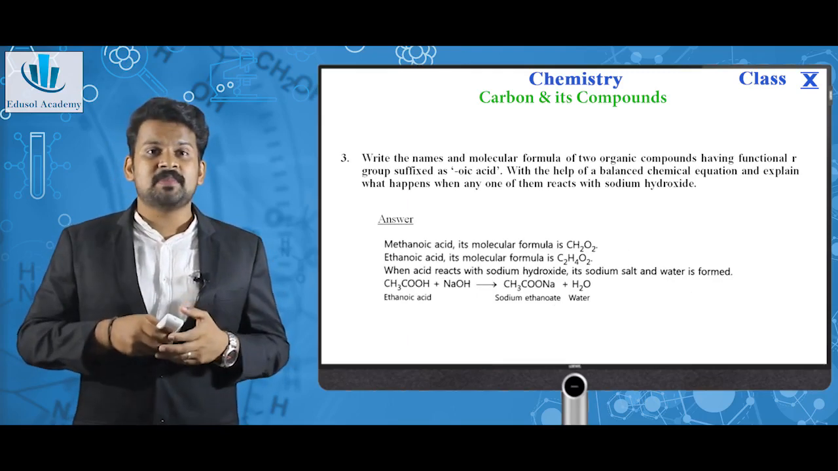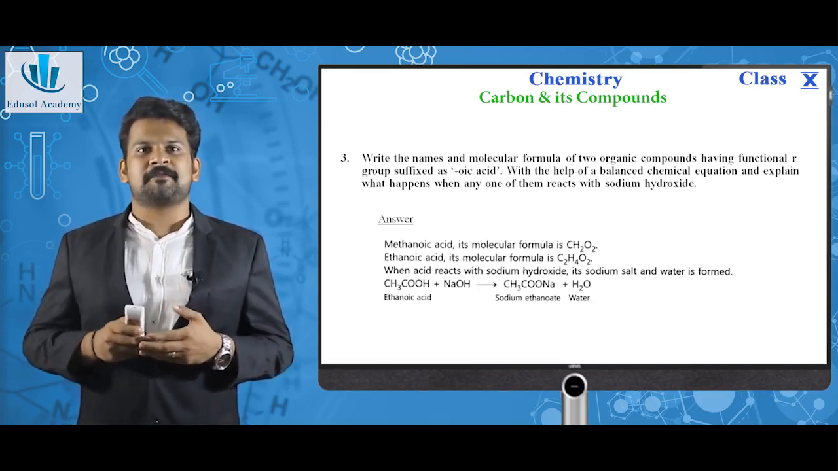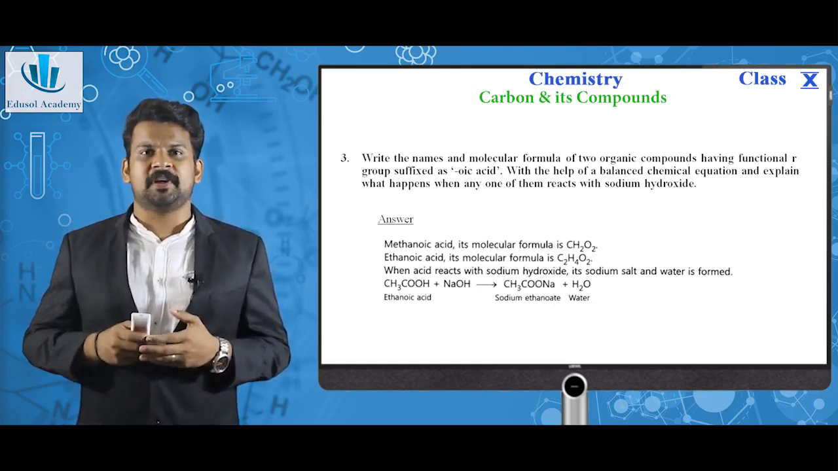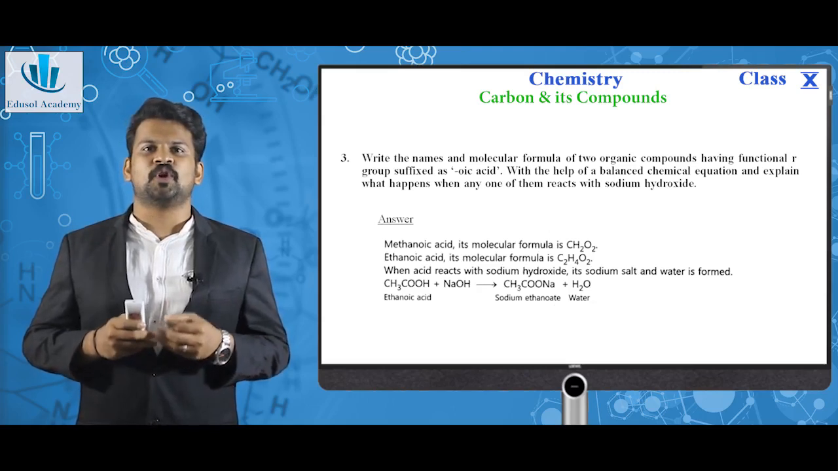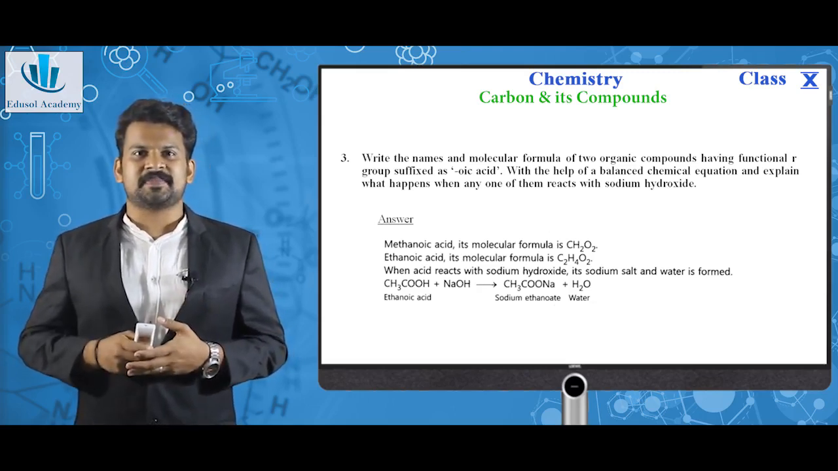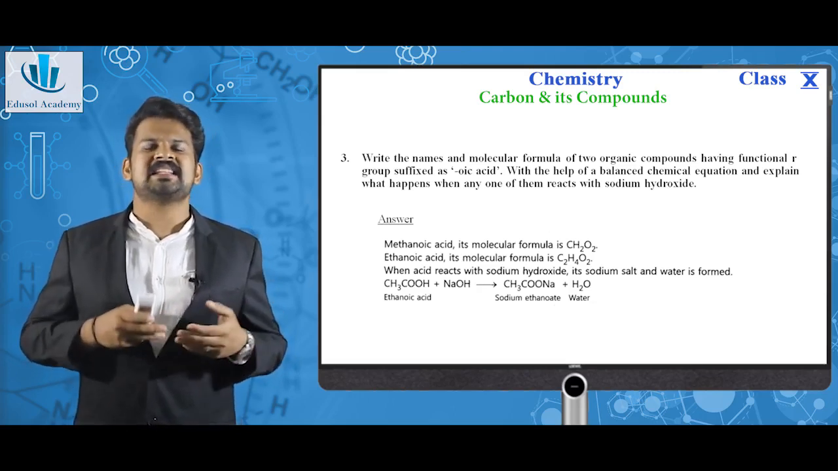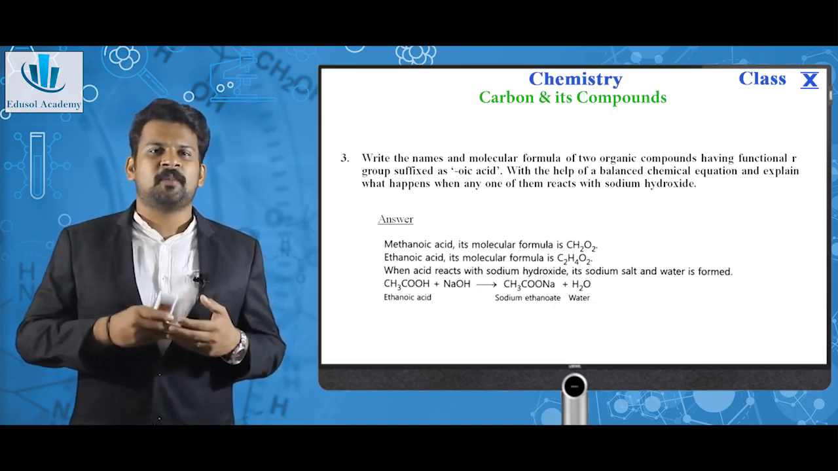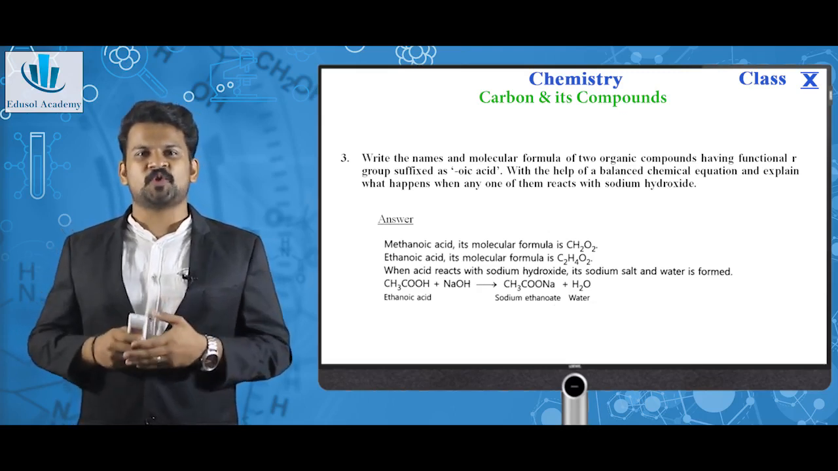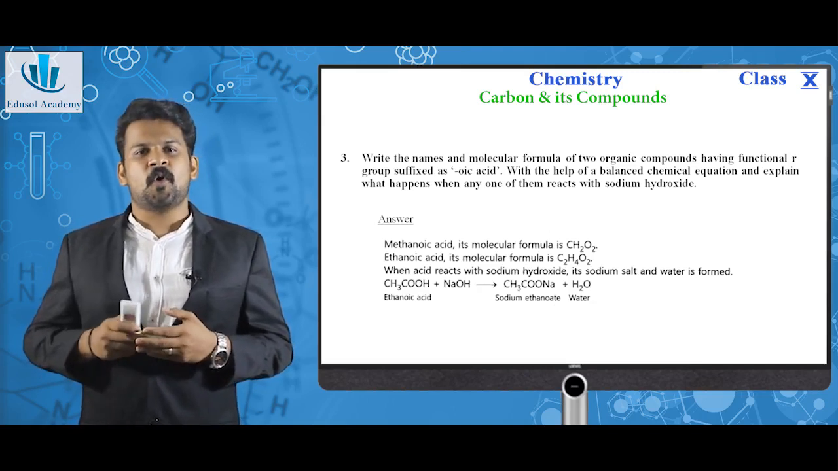Next, write the names and molecular formulas of 2 organic compounds having a functional group suffixed with oic acid. With the help of a balanced chemical equation, explain what happens when any one of them reacts with sodium hydroxide. So, as the question says, with the oic acid suffix, the compounds are methanoic acid and ethanoic acid. The formula of methanoic acid is HCOOH or CH2O2. The formula of ethanoic acid is C2H4O2 or